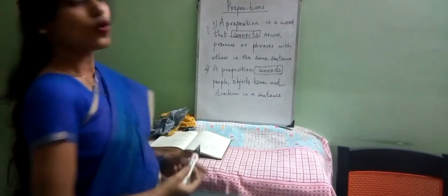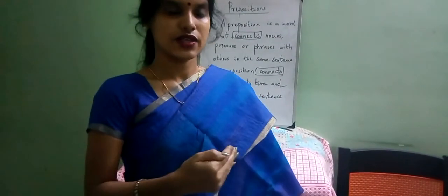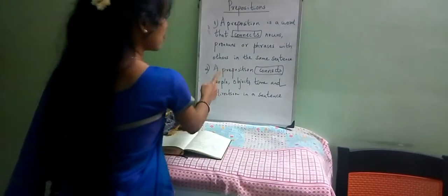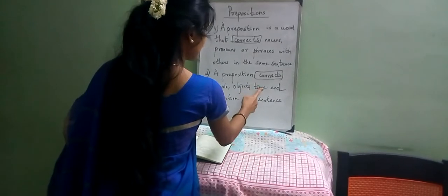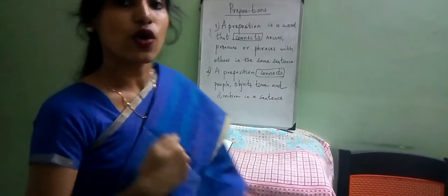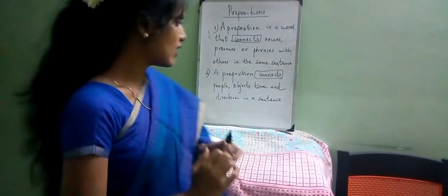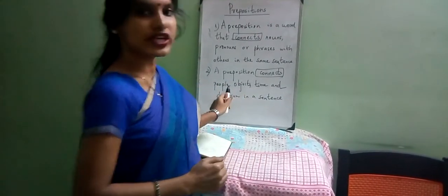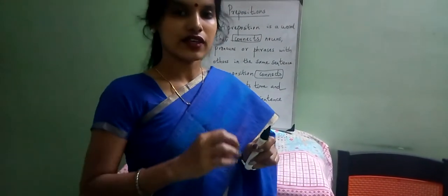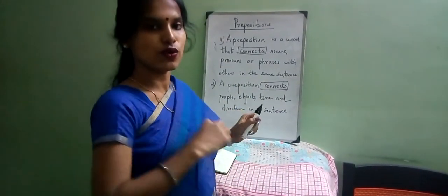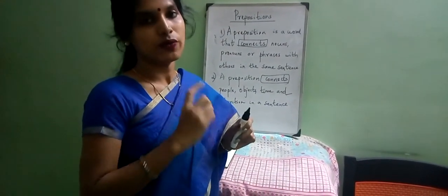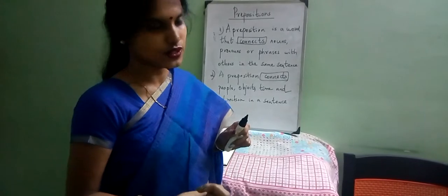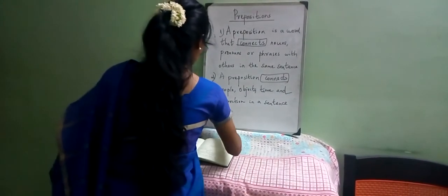So what does it essentially connect? It connects people, objects, time and direction in a sentence. So a preposition is a word that connects people, objects, time and direction in a sentence. I think you can understand the second definition much better when I start giving you the examples. So the third one is